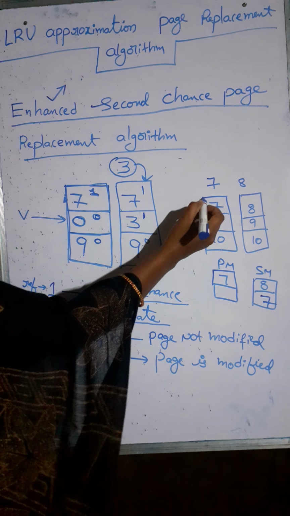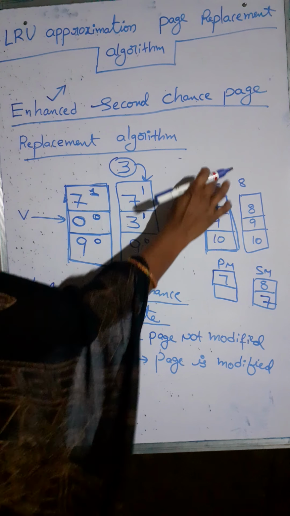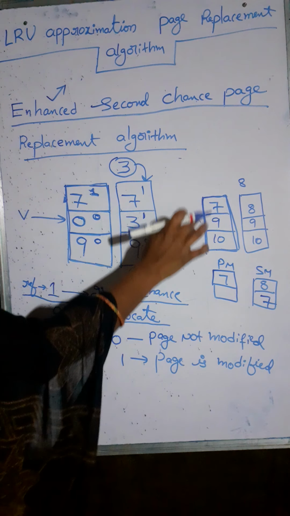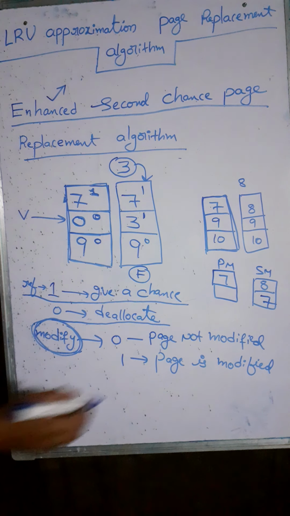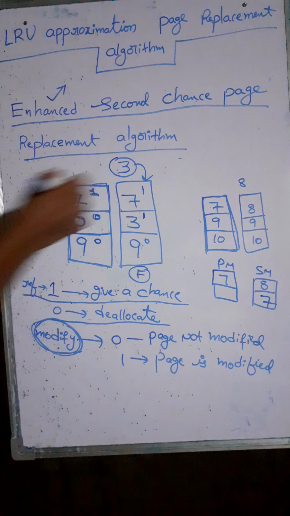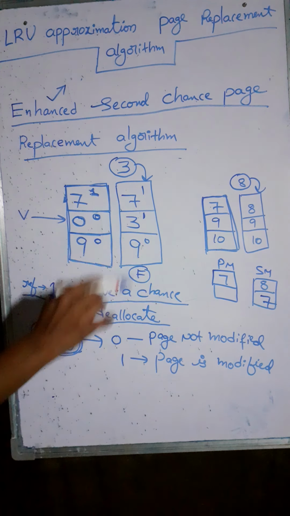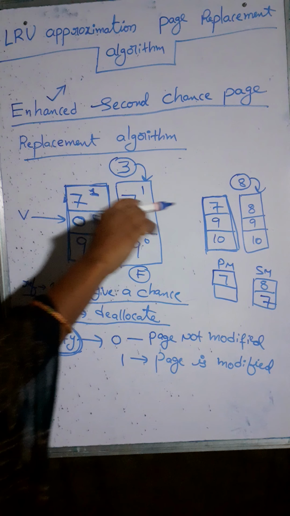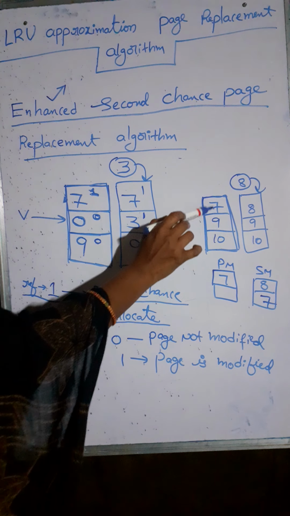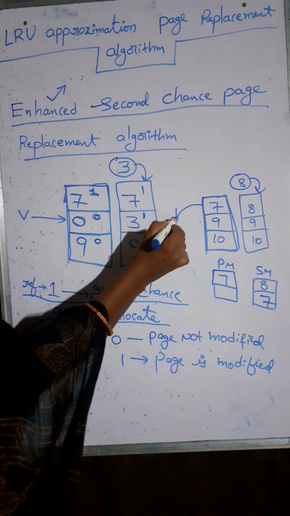Let us assume that this is the primary memory. In the primary memory, we have three frames. In these three frames, page number 7, 9, 10 data is stored. Now, the CPU is requesting page number 8. So page number 8 should be loaded into the primary memory. That means we should deallocate the memory space of one of the page frames, right? So let us assume that I have chosen 7 as the victim frame.